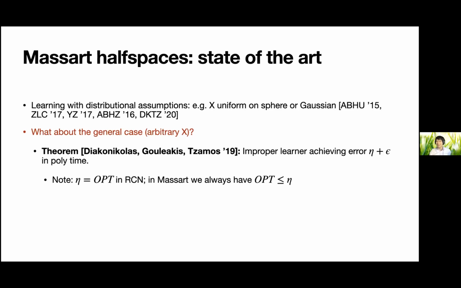However, in the general Massart setting, because for some examples the noise level can be lower, in general we just know that opt is at most eta. And so it's not the same as getting opt plus epsilon, which is the normal learning goal. But on the other hand, you don't do any worse than if it was RCN with the maximum noise at every point. And so that's what they showed. This left two clear open problems, which they state at the end of their paper.